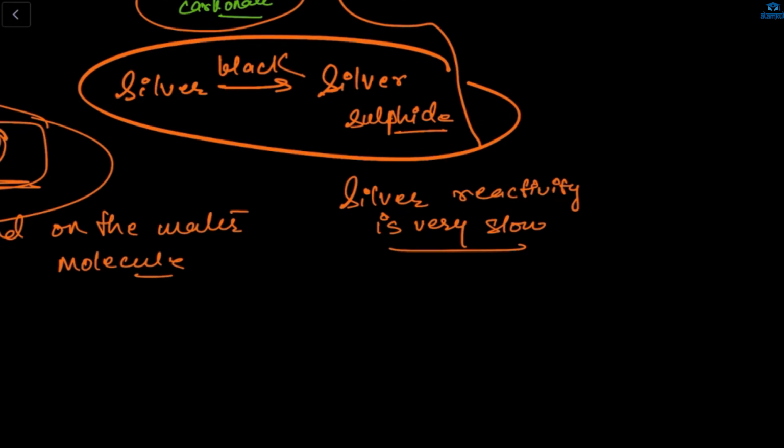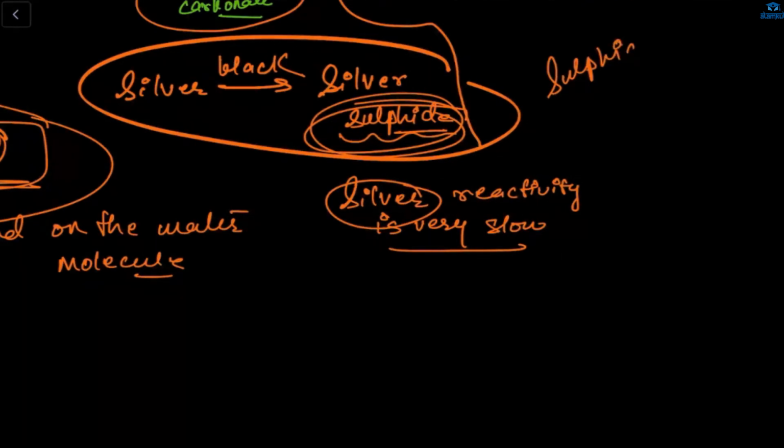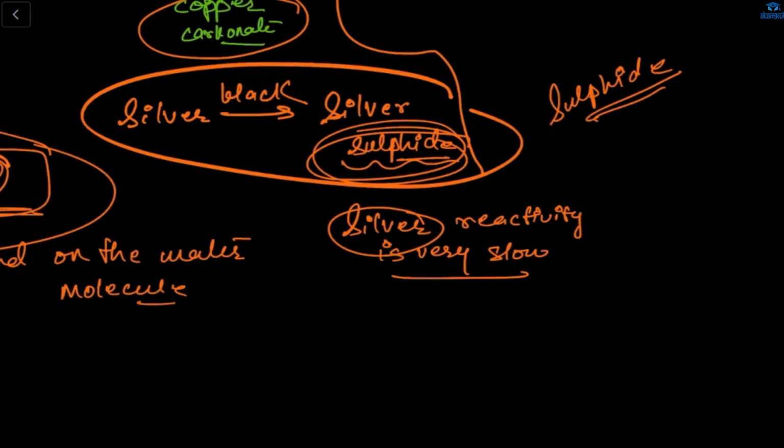Yes. So you have seen that now. Our mother goes to the jewelry shop and asks the shopkeeper to do the shining again on my silver jewelry. So the shopkeeper removes this sulfide part from our silver jewelry, and then my silver jewelry starts shining again. We all have seen that silver forms some black outer covering because of the sulfide part. So the shopkeeper removes the sulfide part from the silver, and again my silver starts shining.